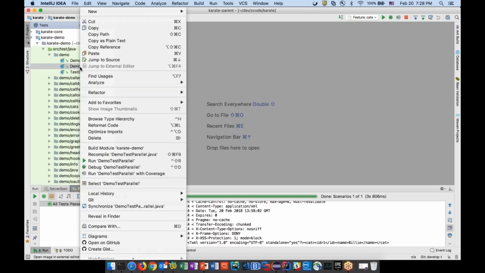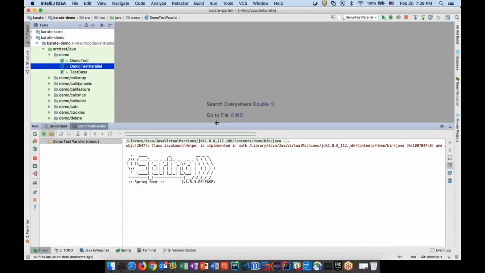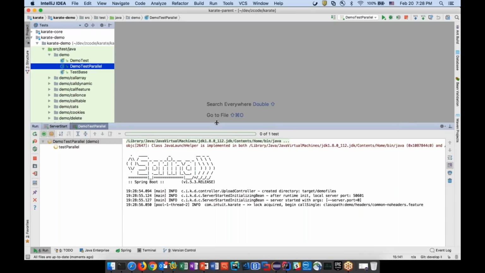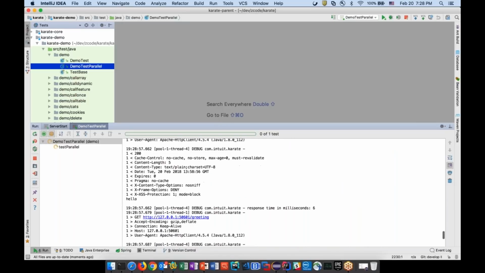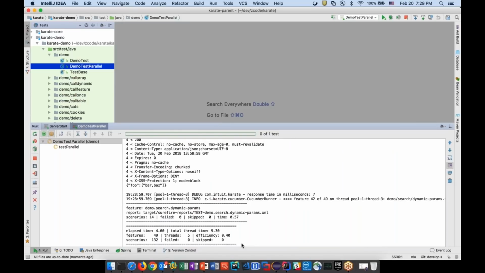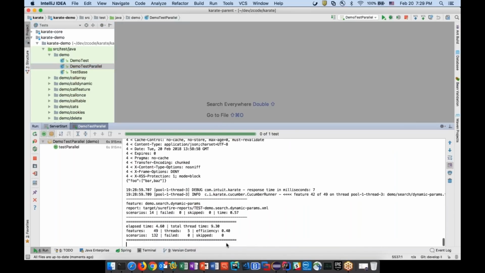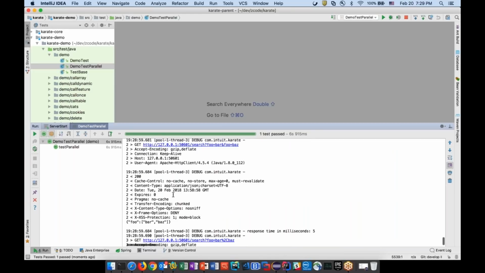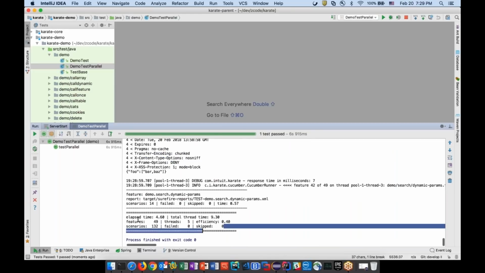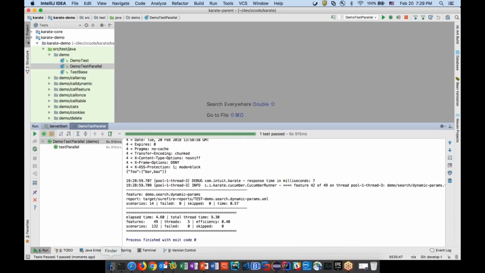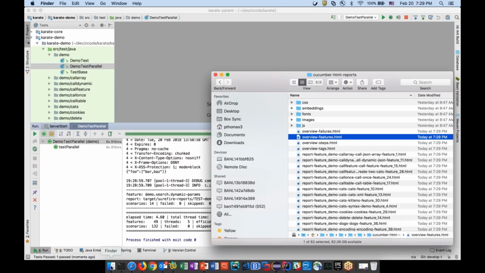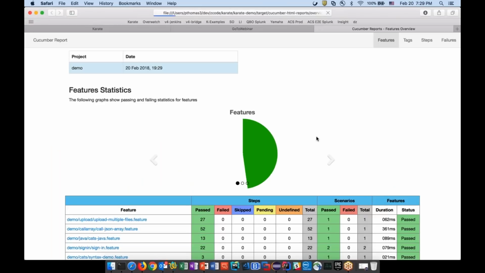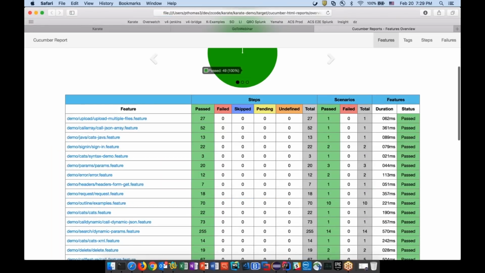I'm going to do a demo of the parallel runner. There is a small API in karate in which you can set up a parallel run. So I'm going to run this one. It happens to be a JUnit class, and there's a lot of documentation as to how you can run this. It's actually running 5 threads in parallel. It's executed very fast, obviously, because it's a local Spring Boot server and all that. You'll get a nice report at the end saying how many threads, how efficient it was, and all that.